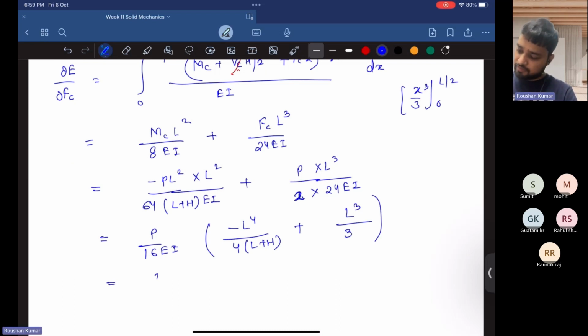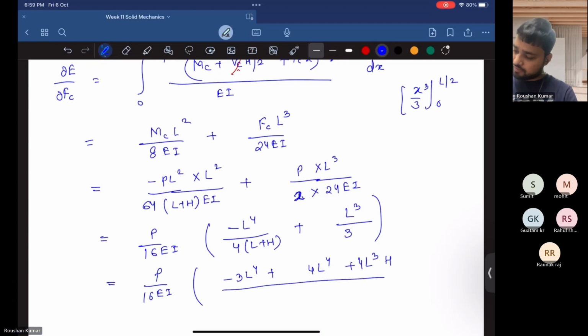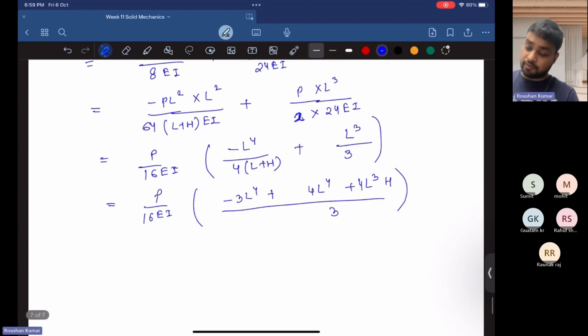So if we take the LCM, we will get P upon 16 EI minus 3L to the power 4 plus 4L to the power 4 plus 4L cube H upon 3. So it will become P upon 16 EI